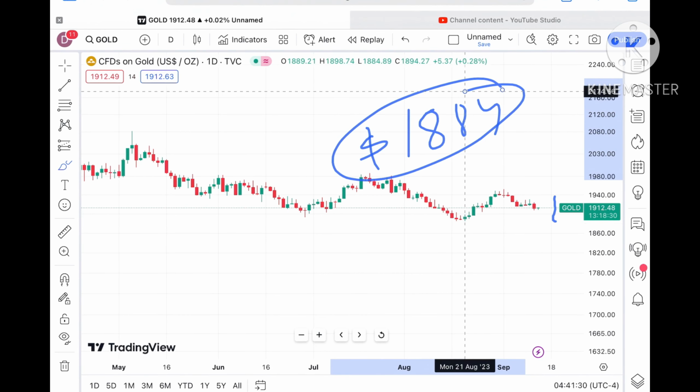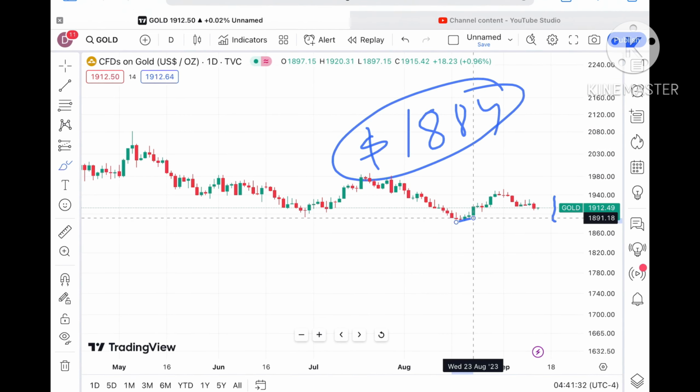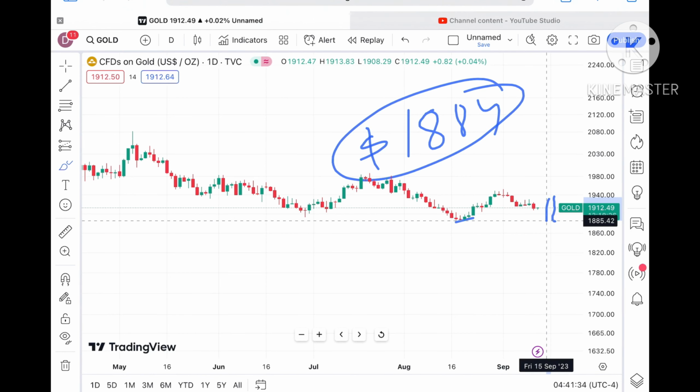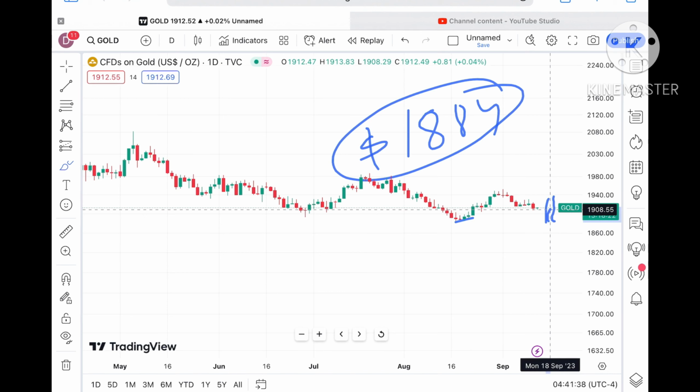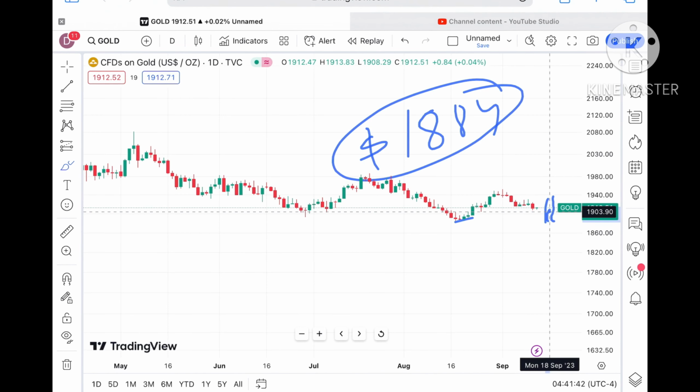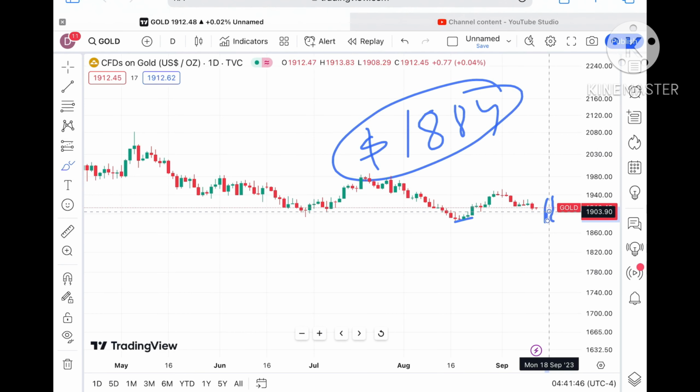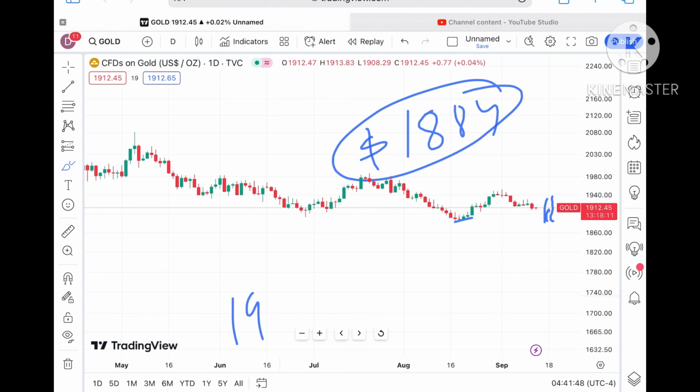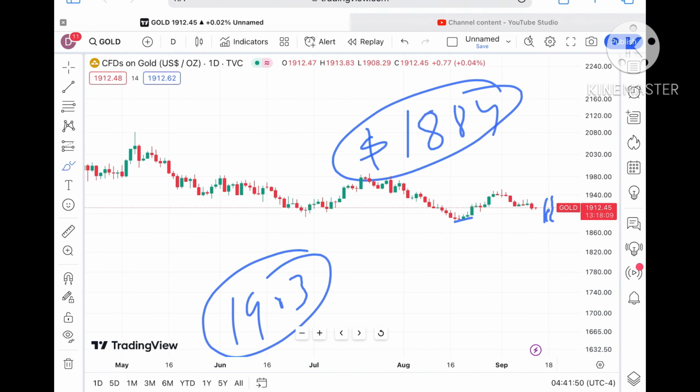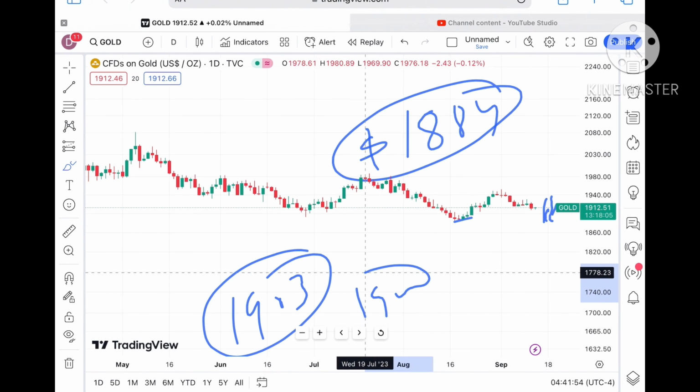This 1884 level is already being tested here, so chances are very high it can go further down. Again I repeat, if the price moves below this level, it will go further down towards a level of $1908. And this 1908 is already a weak support, so chances are high it will touch a level of 1903. If the price starts falling below this level, it will go below a level of 1900,